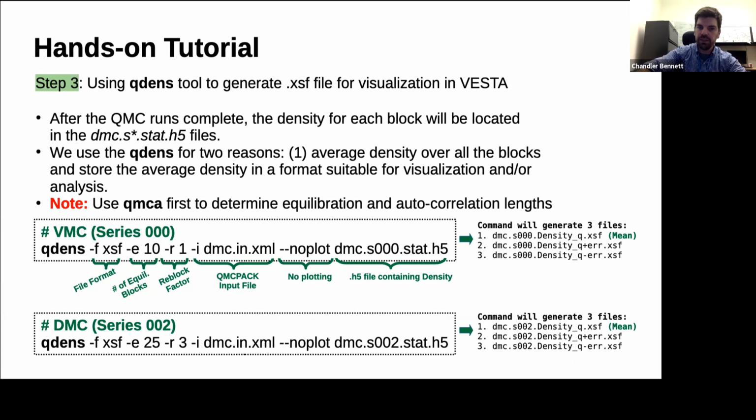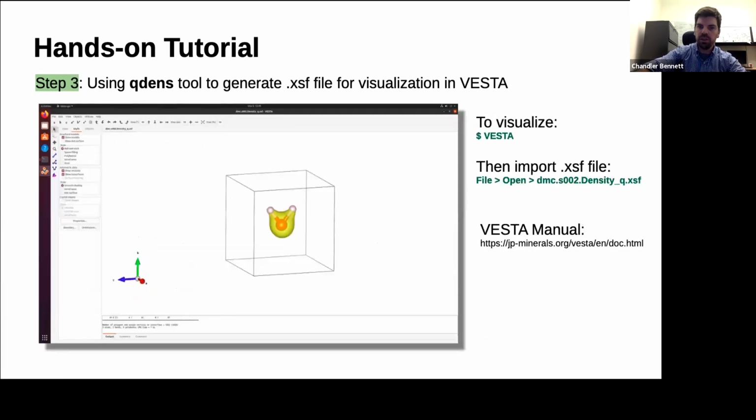Okay, so what can we do now? Well, first, you can take those as they are and visualize them in VESTA. And if you're in your virtual box, you can just type all capital letters VESTA, and that will open up this GUI. And then from here, you can easily import, say, the mean of your DMC density, which was this file here. And so you'll simply go to File, Open, and then point it to that file, and